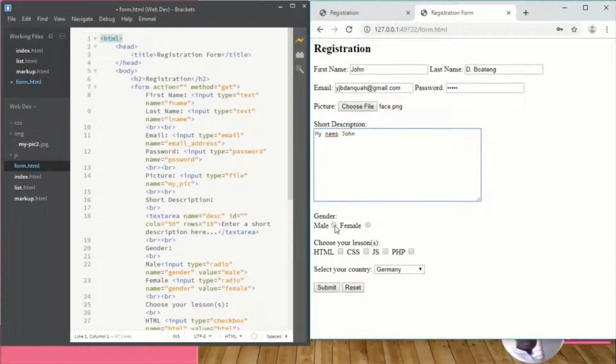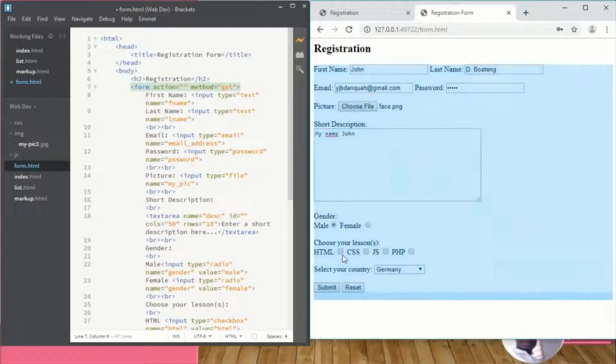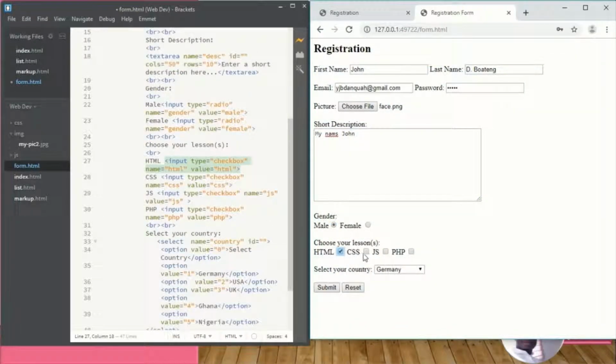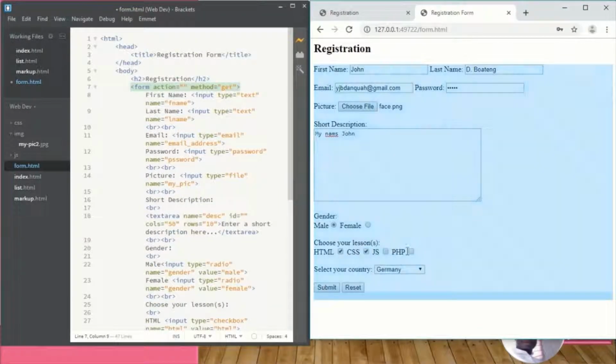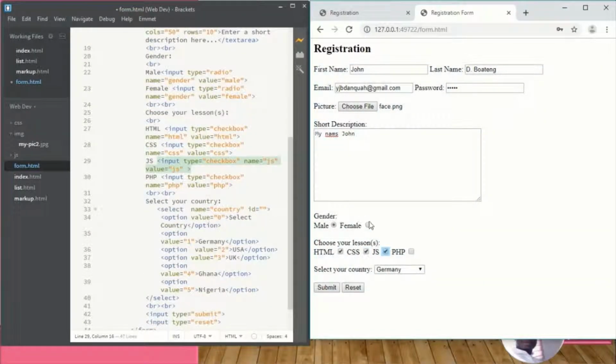Okay, select the gender, select the lessons you want. Okay, so with the checkbox you can check several. But with the radio button, you can actually check one at a time, and you can select the country,